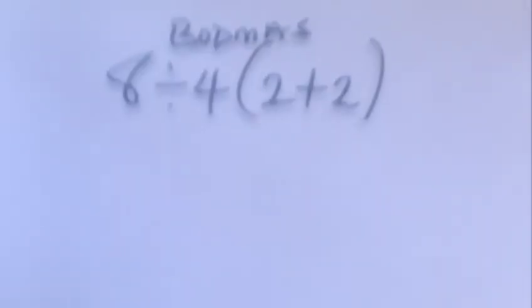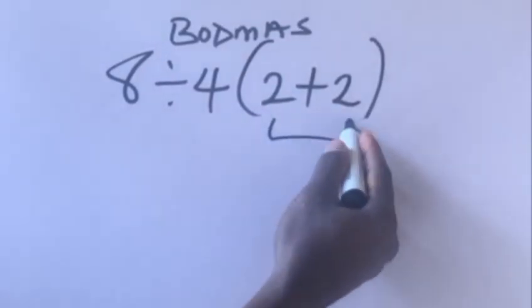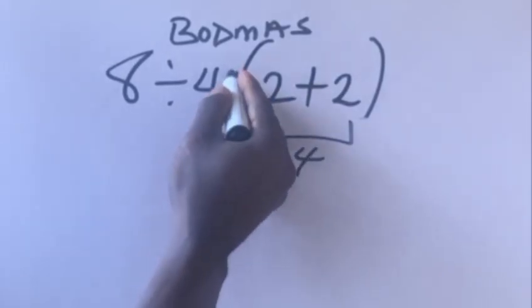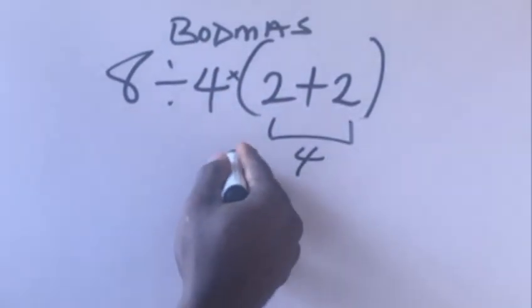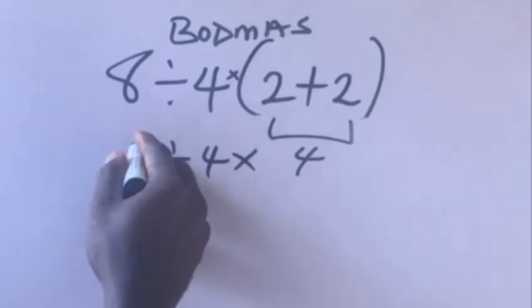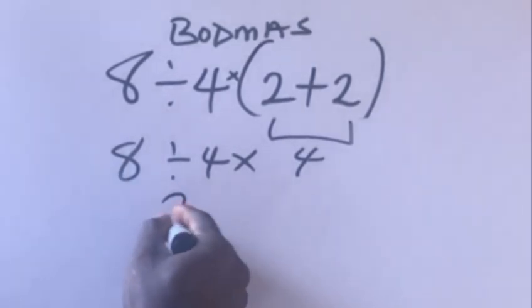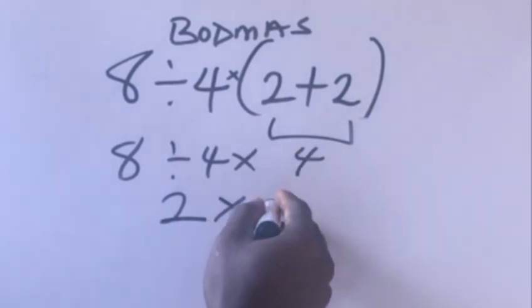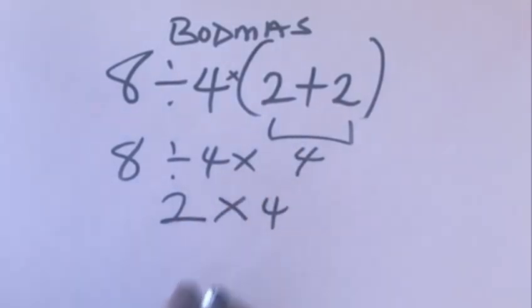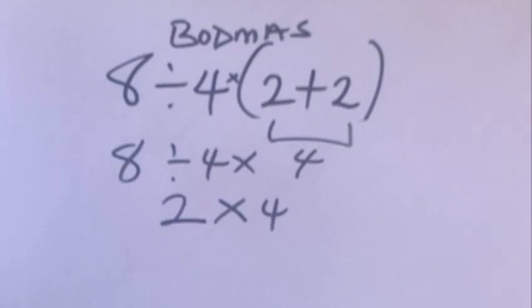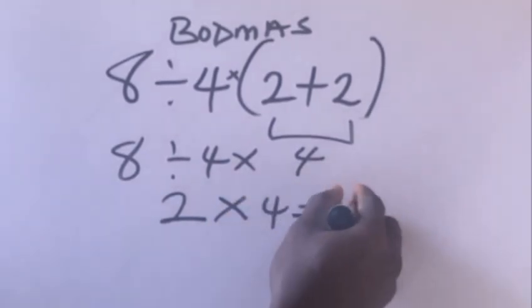So let's solve this correctly. 2 plus 2 is what? 4. Remember there's division and multiplication here. Times 4 divide 8. So division comes before multiplication. Let's divide. 8 divided by 4 will give us 2 times 4. So 2 times 4. So our final answer is